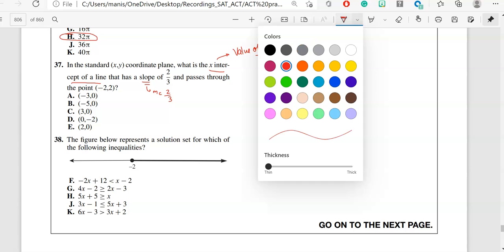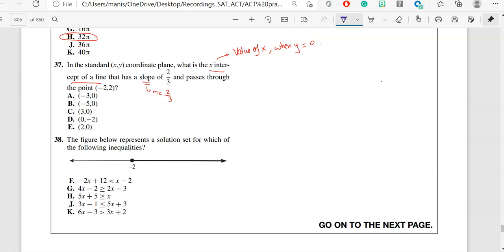So what I will do in this case is use the equation of a line in slope-intercept form, which is y is equal to mx plus b. First of all, I will use my value of x, my value of y, and my value of m, and I will find the value of the y-intercept. This is called the y-intercept. There are many ways to do this problem, but I'm using this approach. Once I get my y-intercept, then I will solve this for the x-intercept.